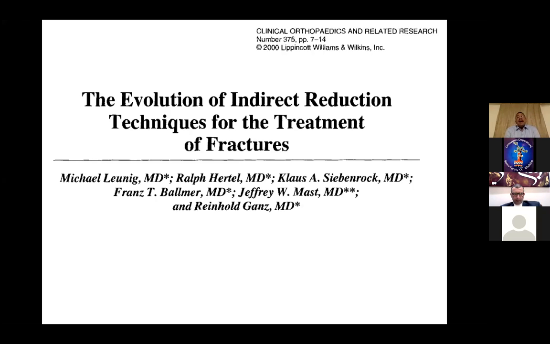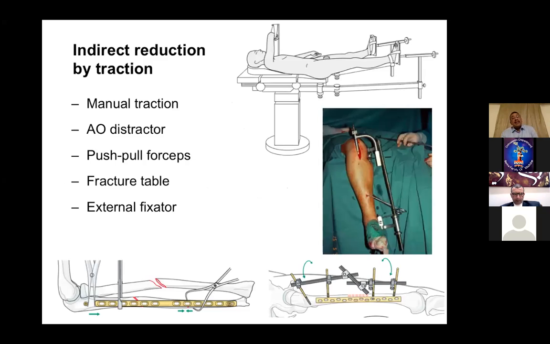What about the indirect reduction techniques needed for relative stability and to use the methods of achieving relative stability, whether intramedullary nails or plates or external fixator? These indirect reduction techniques depend on traction. You do traction, you reduce the fracture, you get axial alignment, you correct shortening, and then you have your skills to prevent malrotation and to judge that the fracture is now aligned and you get functional reduction.